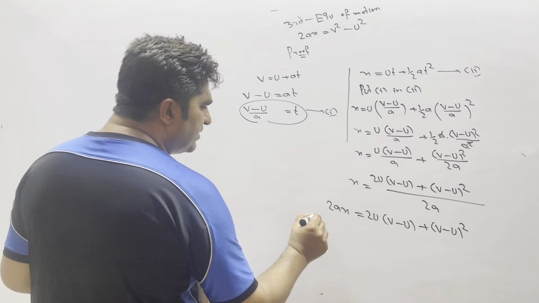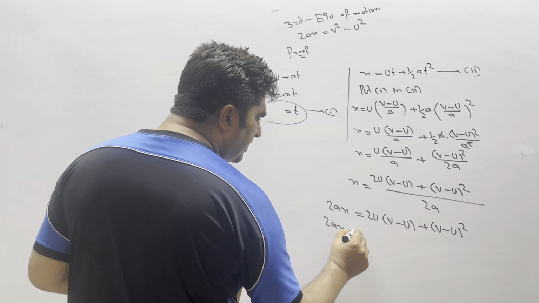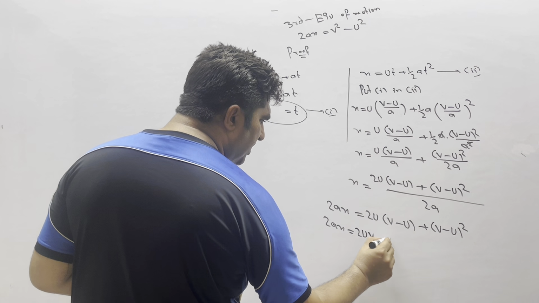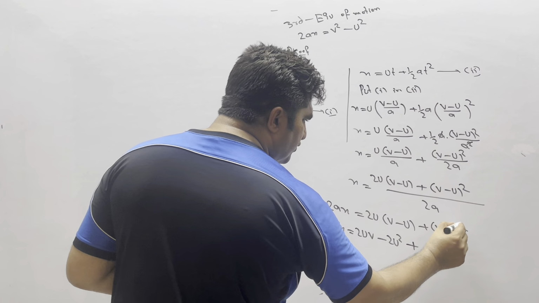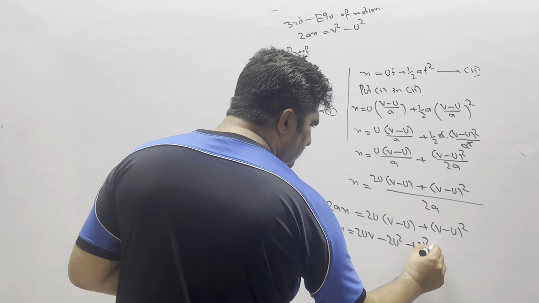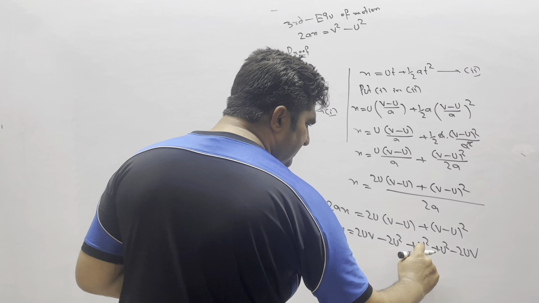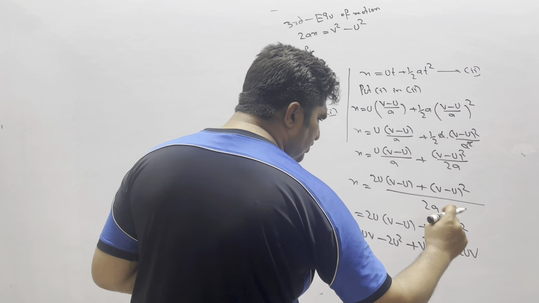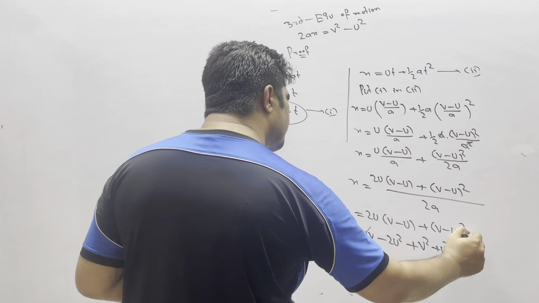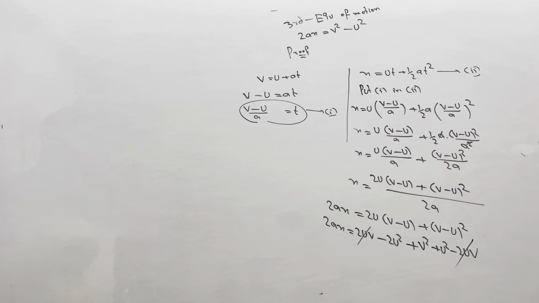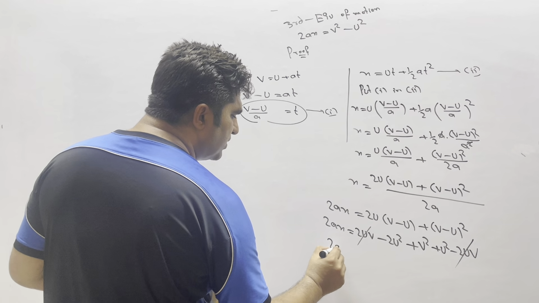You can simplify it. 2ax equal to 2u, you can multiply. It will be 2uv minus 2u square, plus v minus u whole square. It will be v square plus u square minus 2uv. You know the formula: a minus b whole square is a square plus b square minus 2ab. Okay, let's see here. It's plus 2uv, it's minus 2uv. This can be cancelled. So you are getting here 2ax